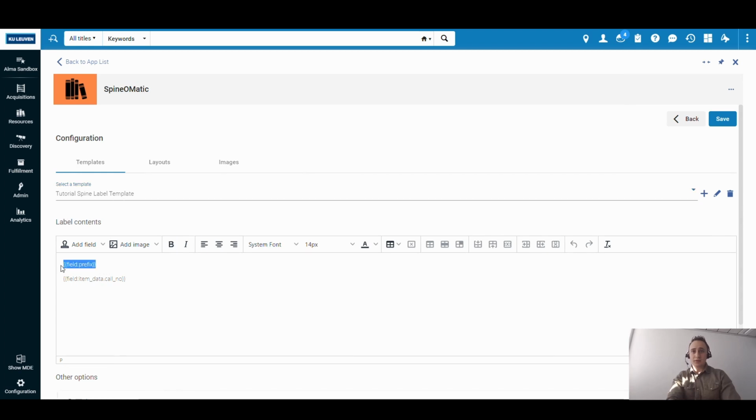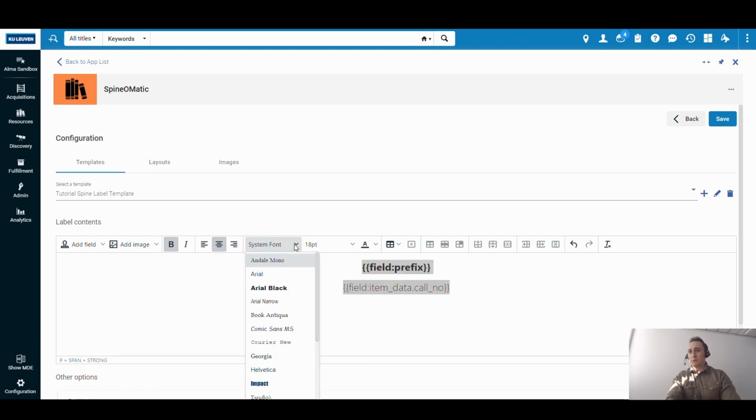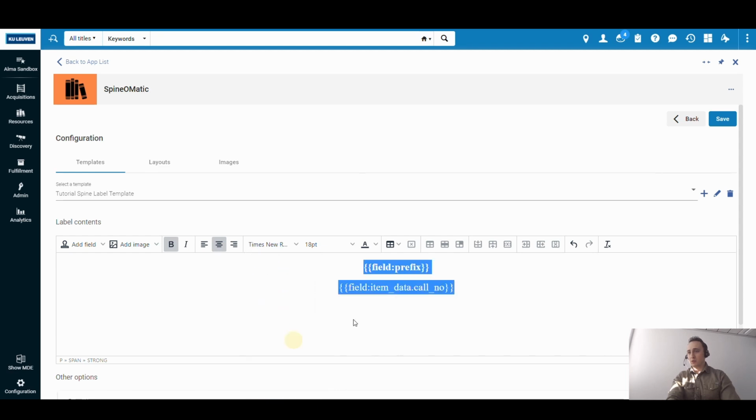I can format those fields. I can format what is displayed similarly to MS Word, so I can bold my label prefix, my location. I can align them in the middle. I can increase the font, maybe change the font type. So let's just say I want Times New Roman. Here I can also give a text color, so I want it to be displayed yellow.